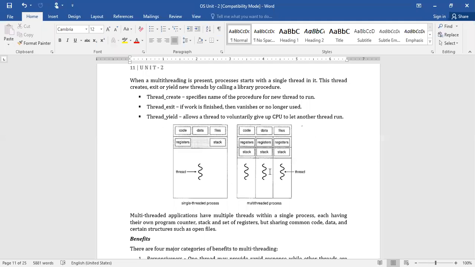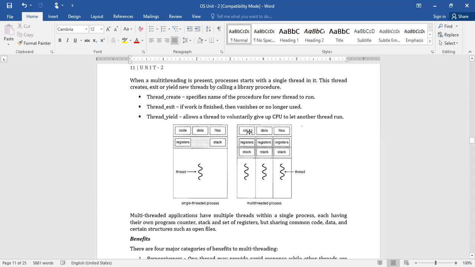But here it need not. It frequently switches from one thread to another, so whichever threads are completed, it simply produces the result of that thread without waiting for another one. In such a way, it is able to produce responsiveness.